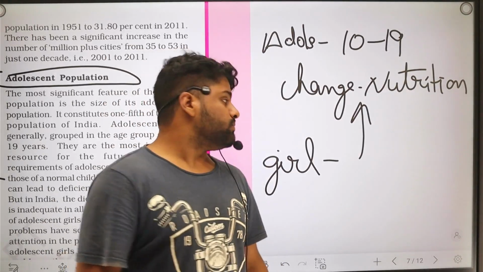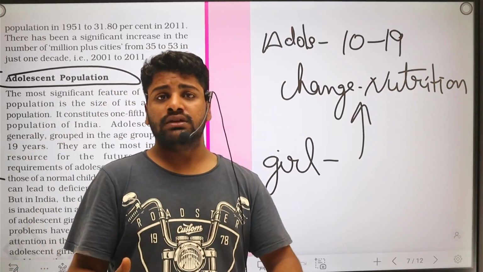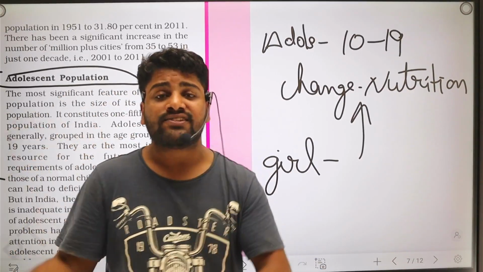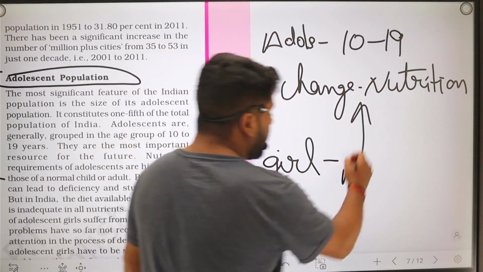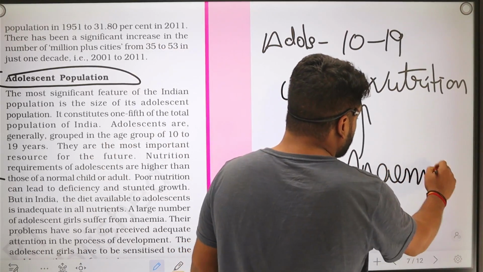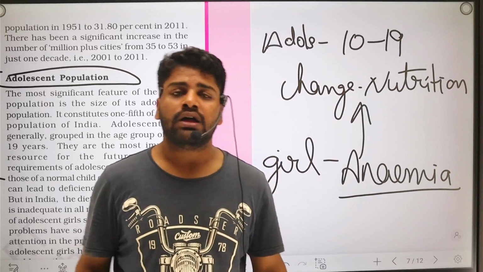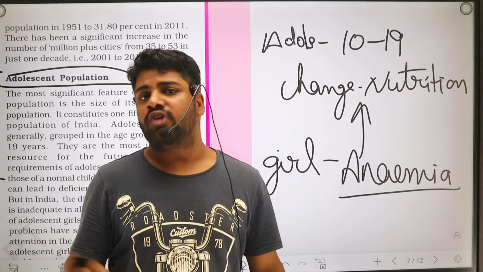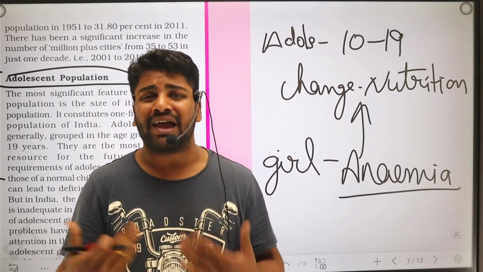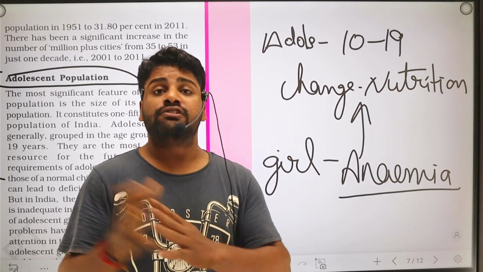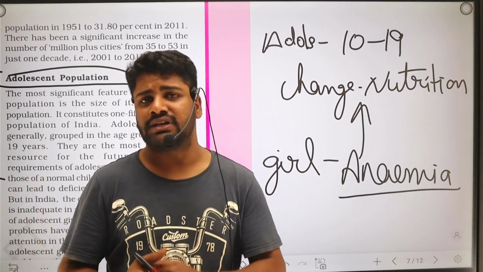She is losing blood each and every month, and already she is getting a very small amount of nutrients. What will this cause? This will cause anemia. Anemia means lack of blood. Due to anemia, the girl will become weak and malnourished, and the future generation she bears will also become malnourished or suffer from certain kinds of diseases.